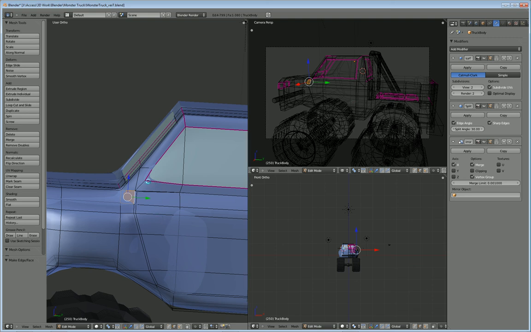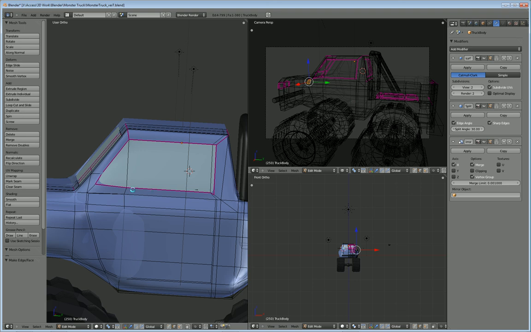Now you can use your Control R. Let me zoom out so we can see this. Control R, and just mouse up, and that way I'm going to have the area I need that I'm going to be able to cut along there. Okay,